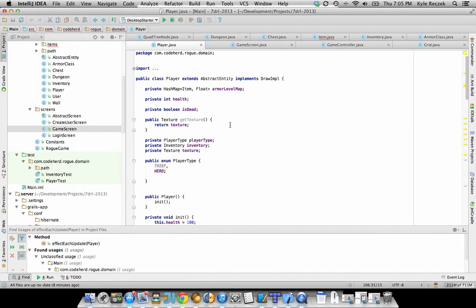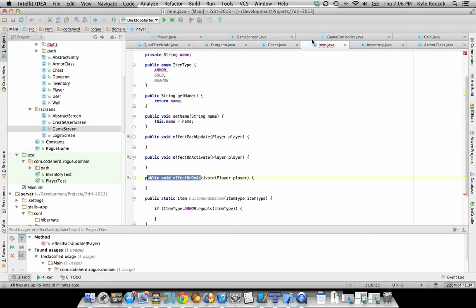I thought that was a better idea than just adding to an armor level and then subtracting. I can't remember why. But I will trust my past self, and trust in my past self's decision. So anyways,